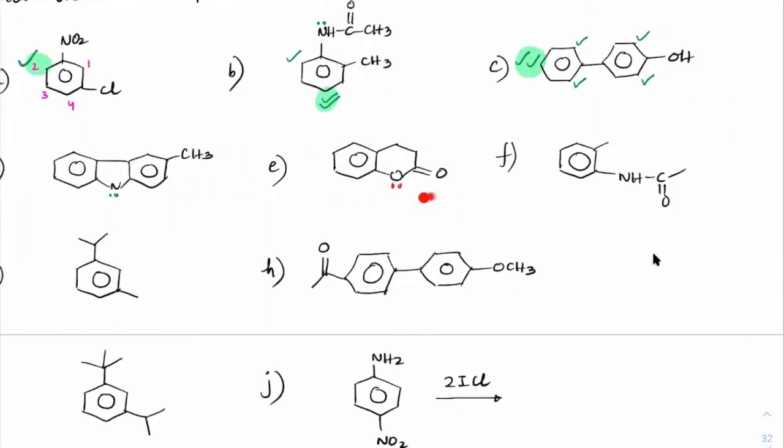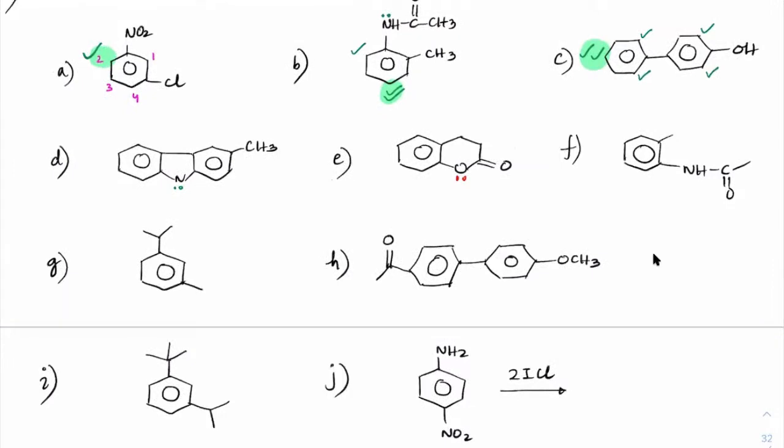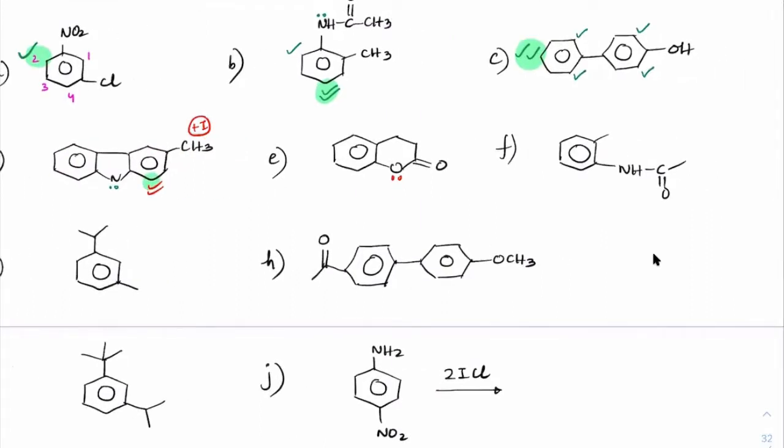Next, see the E part. Why can't we keep the electrophile on the left side of it? Here there is already a donating group, so that will help in induction. Plus psi effect, no? So that will always help the positive charge to get stabilized. Here there is no plus psi effect. Okay, beta. E part, lone pair donating from here, so it will give ortho and para. So para would be more preferable.